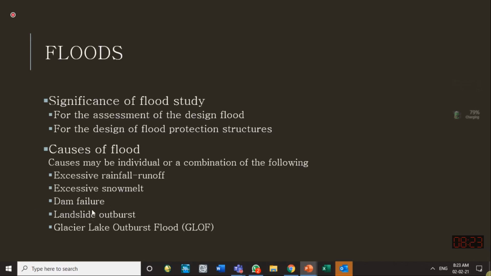If a dam fails and a huge wave is released from the reservoir of the dam, then a dam break flood does occur. Landslide outburst: if there is a landslide and it has stopped the flow of the water, and then that landslide is broken because of the overflow of water, that is like a dam break. So that can occur, and sometimes people don't know that there has been a landslide on the upper reaches, and now when it has broken, suddenly they get floods.